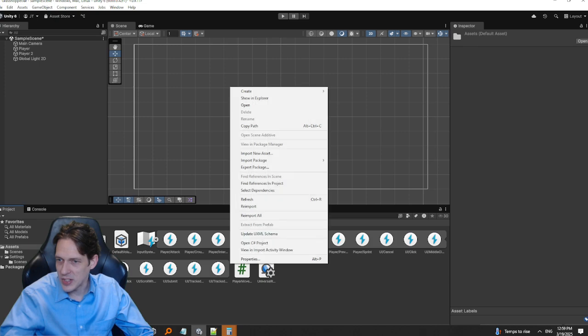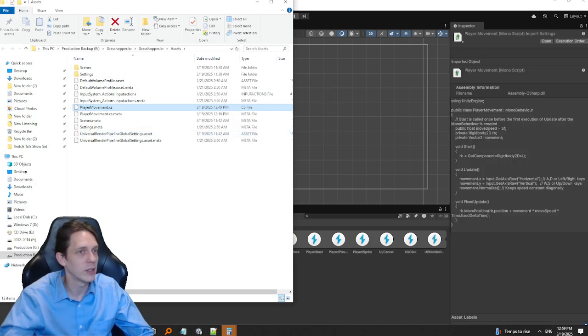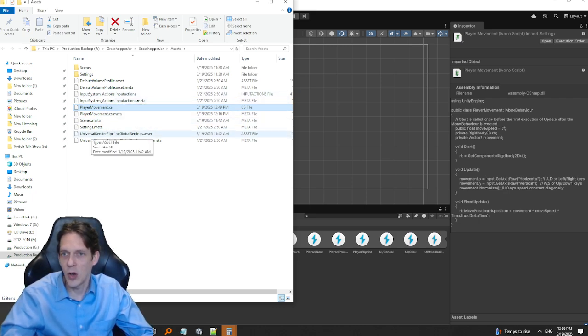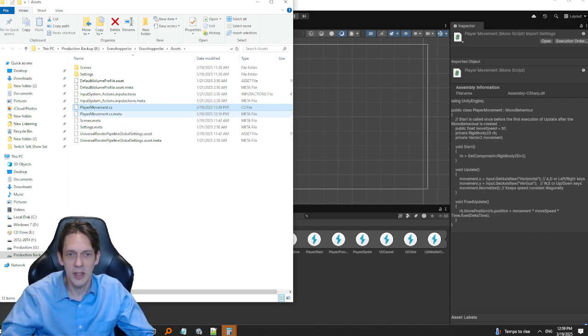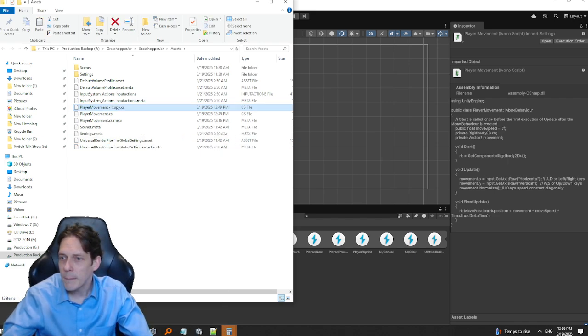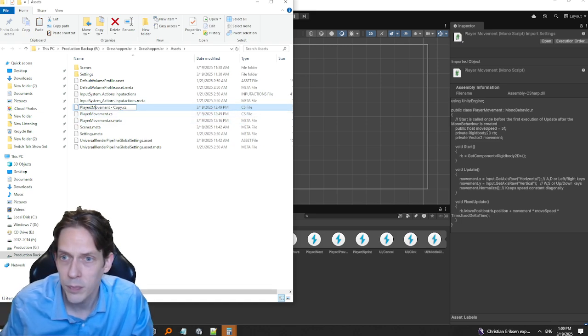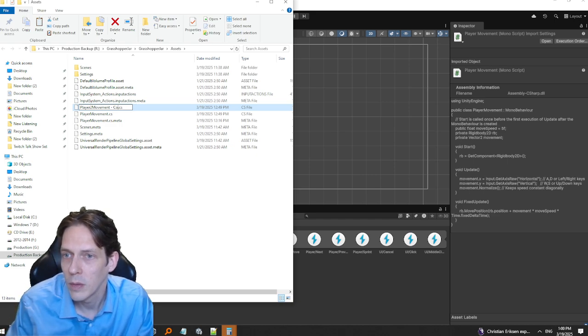So I can right-click this and show in Explorer. So we already looked at the file system. We've already determined that this is unacceptable, right? So now we're here, and copy the file, rename it. It's so easy. So notice this meta file is here. What's going to happen with that? I'm very curious about the meta file. Let's see what's going on with this meta file. Copy that and then paste it. Now it's going to just appear here. I know that. And we've got the copy here. Player 2 movement is what I want to call it. So I'm going to call it player 2 movement.